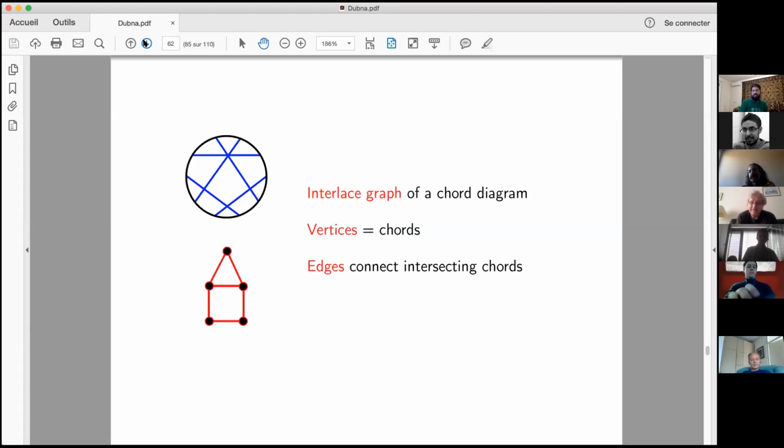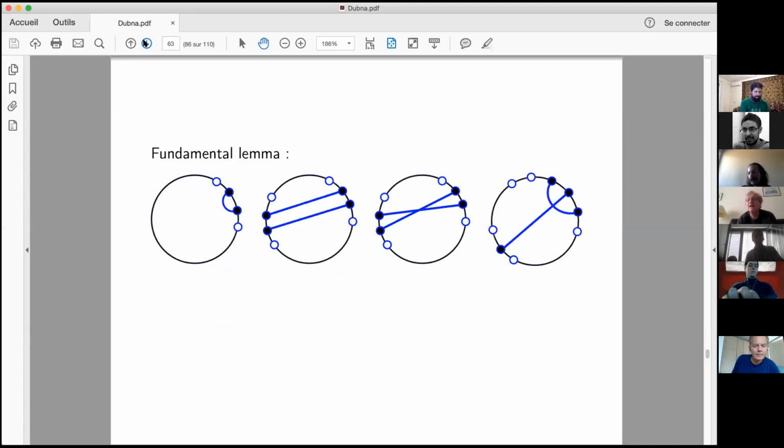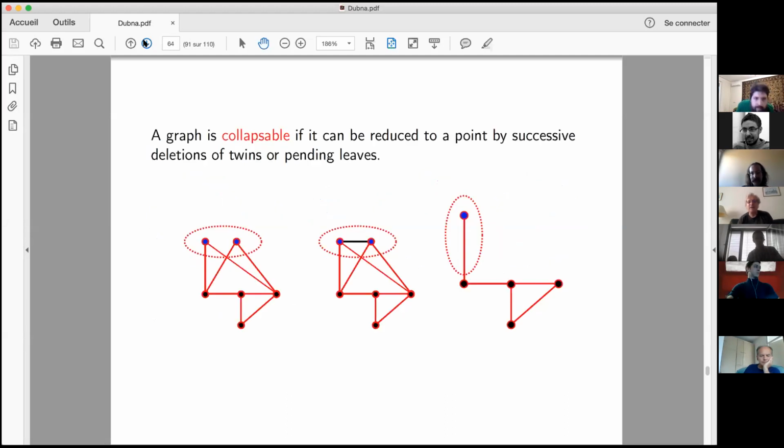And in the same way that we had a characterization of permutation interchanges as cographs, we had a theory of graphs which was ready and waiting for us, which had been created in the 70s, and which was really waiting for us with no more work to be done. So let me give you the translation of the fundamental lemma. It is translated in the following way.